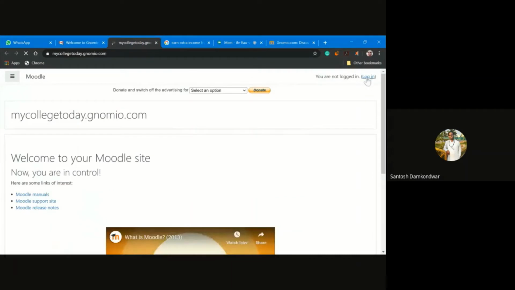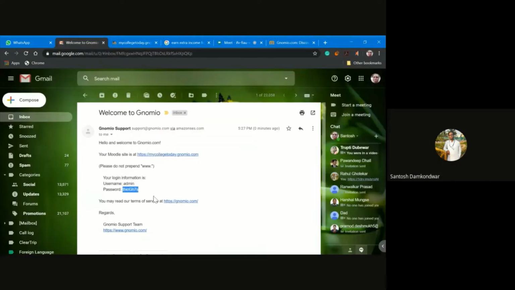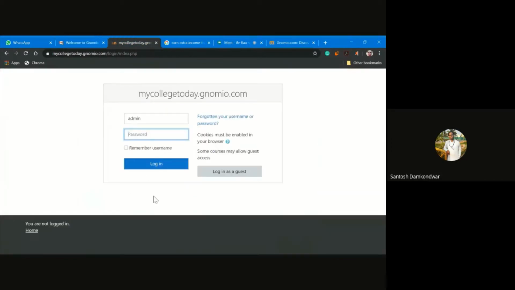So for that you have to click on login, and then you have to paste admin, and accordingly whatever password you received you can paste the password. It is just a copy and paste thing which you can do, then log in.